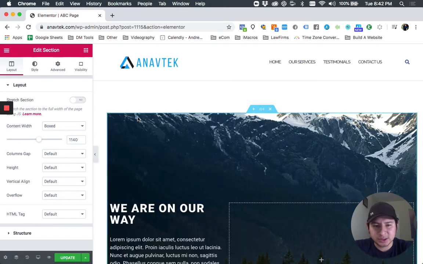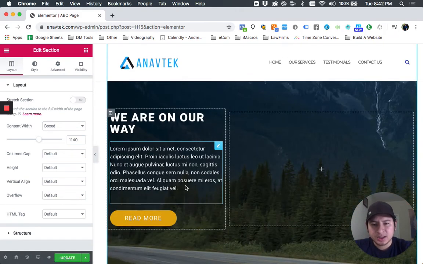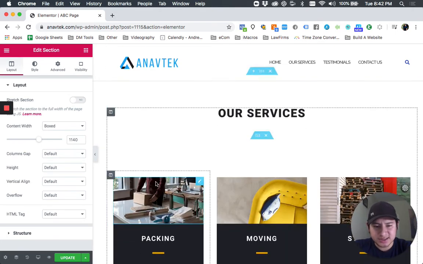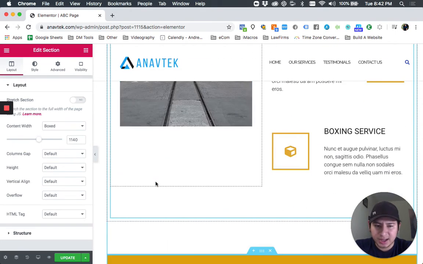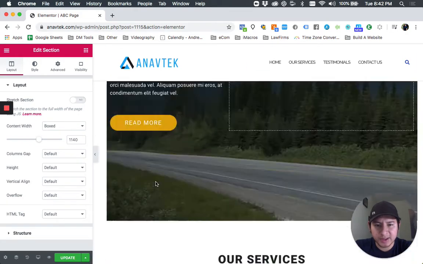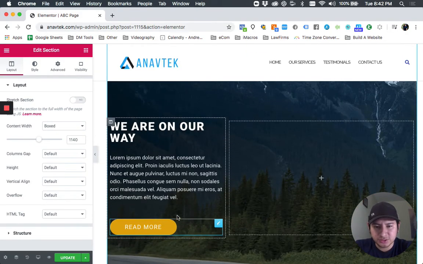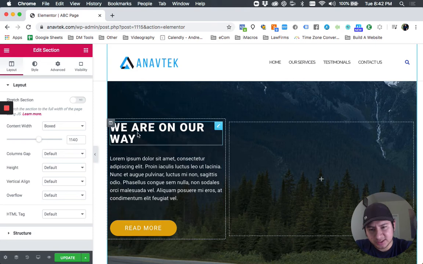And once that's loaded, you'll see that you have all of this content already plugged in. And this is how your website will look off the bat. So in order to edit the features on this, you literally just can go ahead and highlight over it and